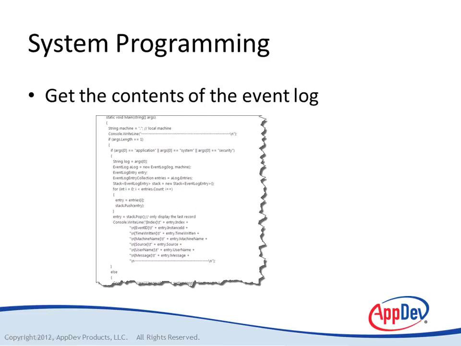So as an example of what I'm talking about, consider the script that you see here on this slide, which gets the contents of the event log. Now this is from a random blog off of the internet that I selected just for an example script. What this does is first it gets the machine, and then it gets the event log, and then it loops through all the entries inside of the event log to build an array, and then it takes that array and walks through that again and writes out all of the event log entries to the console window. All right, so we're looking at, I don't know, a dozen or more lines of code in order to do that. Now compare that to the equivalent PowerShell,